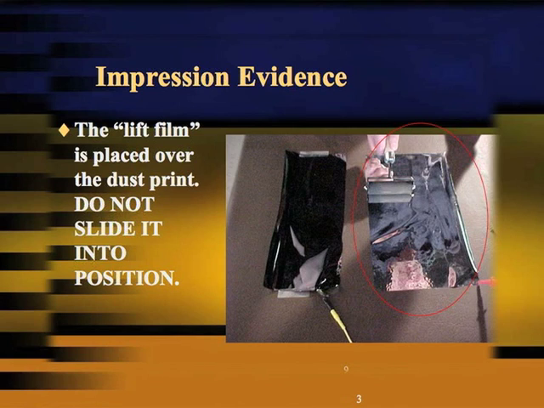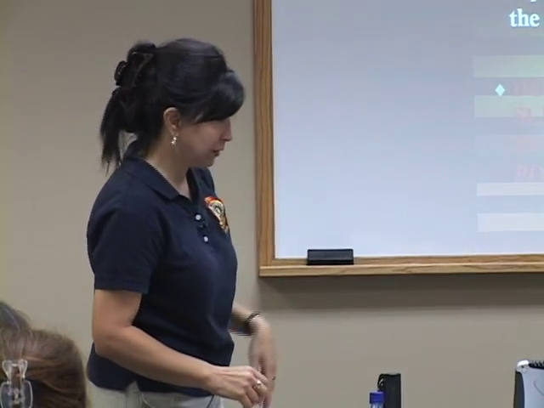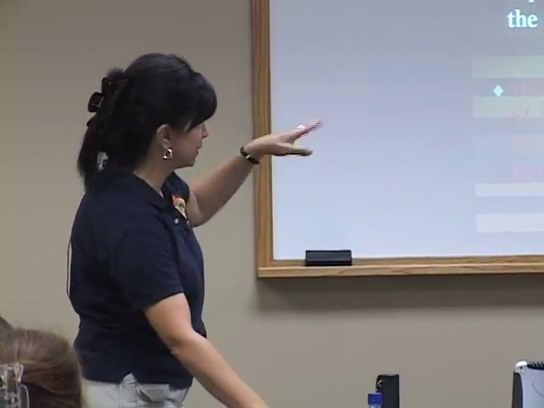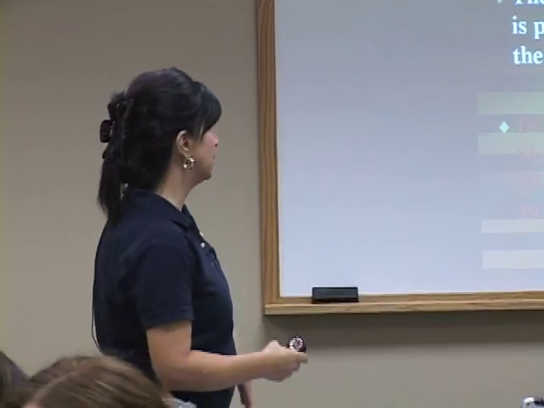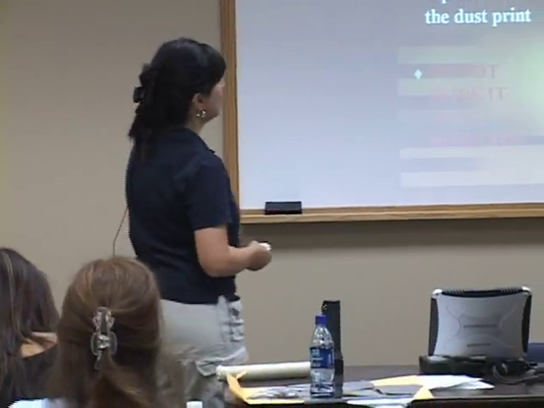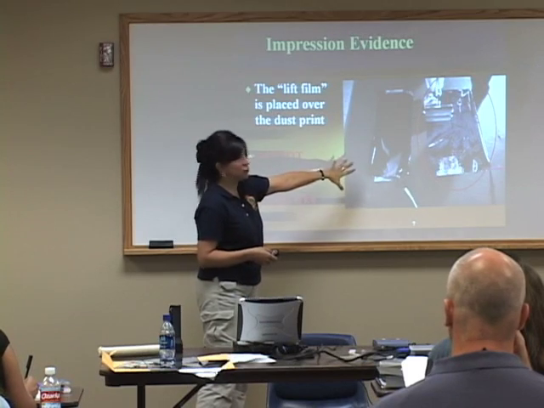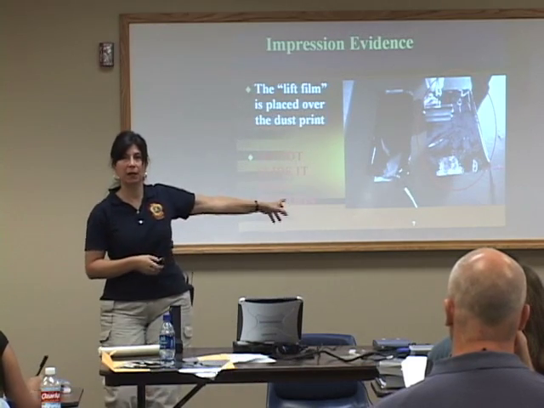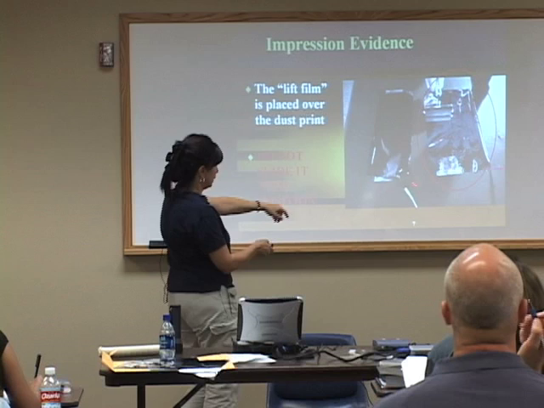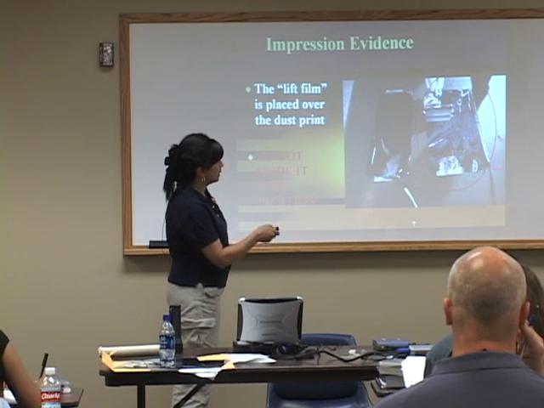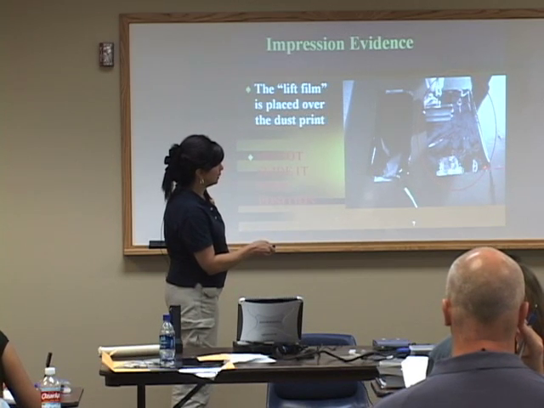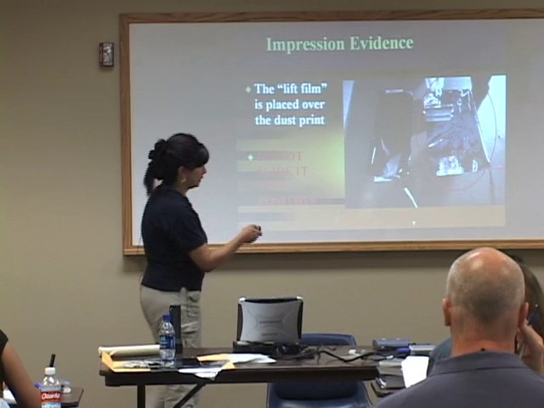This is basically what you're going to do today. You're going to take the film, and you're going to place it over what you think is the print itself, all right? Now this is the bigger machine, so I'll just walk through this one, and then I'll show you the smaller one, the Pathfinder. Basically, you take another piece of the film, and you turn it over. This is your grounding area. You now put the alligator clip to the grounding area here, and you take the red electrode and turn the machine on, and it produces the